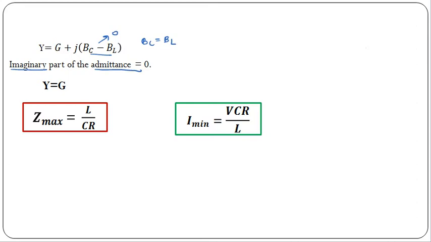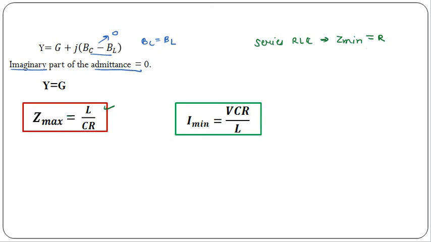Okay, so now in case of parallel resonance, we will be getting the maximum impedance, and the value of maximum impedance is given by L by CR. Okay, so in the series case, what did we get? We got minimum impedance. In case of series RLC or series resonance, we obtained minimum impedance and the value of minimum impedance was R. And in case of parallel resonance we are getting maximum impedance,